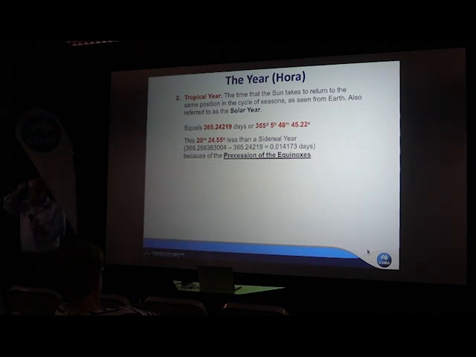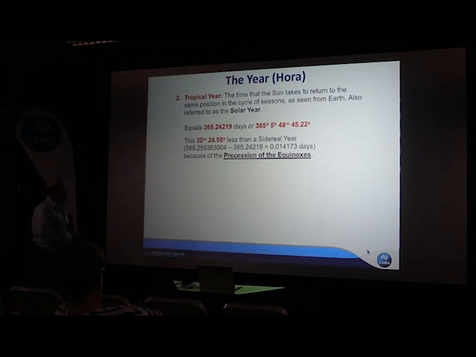Because you would think, at first I used to think, why isn't it the same as the sidereal year? After all, the seasons are due to the tilt of the Earth's axis relative to its orbit. And so why shouldn't it be the same each time it comes back? It should be the same as the sidereal year.